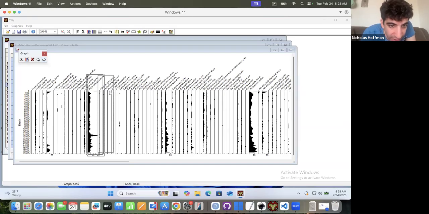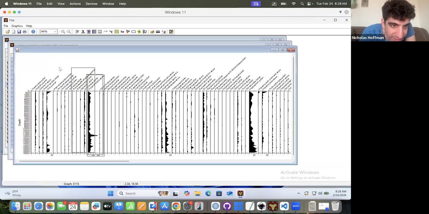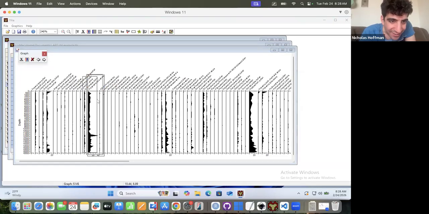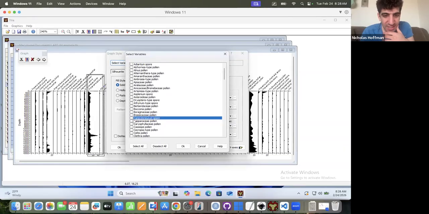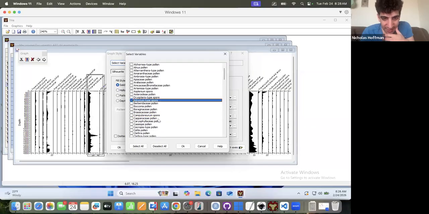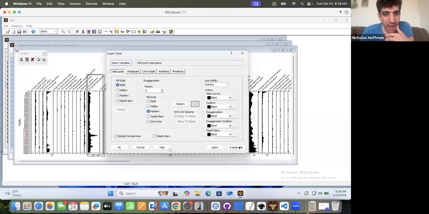Let's say you wanted to get rid of something that seems to almost always be zero, like this. I'm not sure what I have. I guess I have the Atrium tribe at this. Oh wait, what is selected? Don't love how that rectangle is staying there. So actually, if you're not sure what you're selecting, one thing you can do is click on graph style, and then you can really be explicit about what you're trying to select here. So let's say we want to delete the Ethereum type spore. I mean, that's a way to select it. Actually, to delete it,